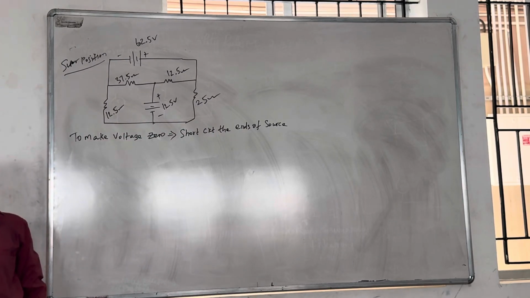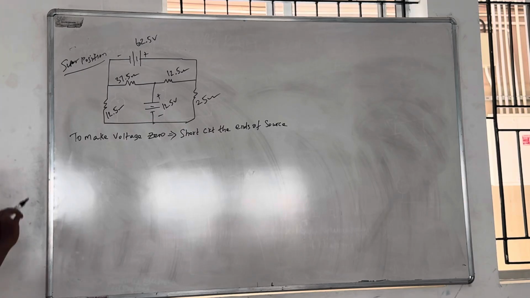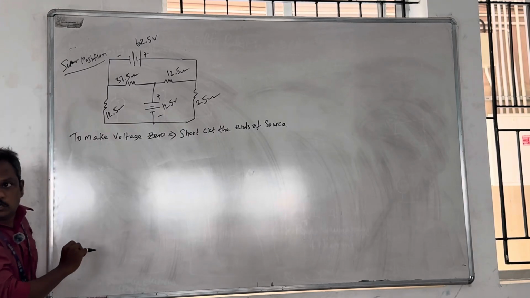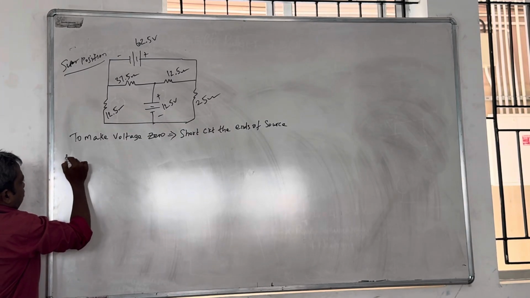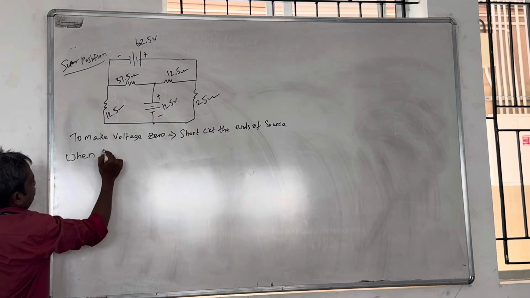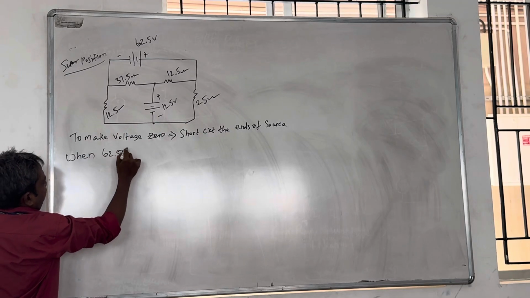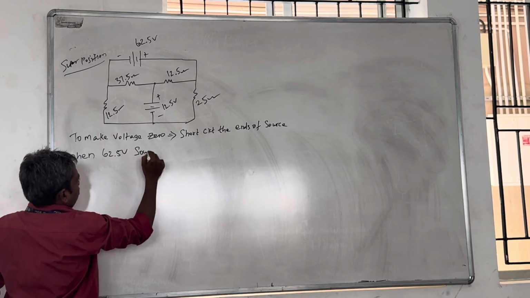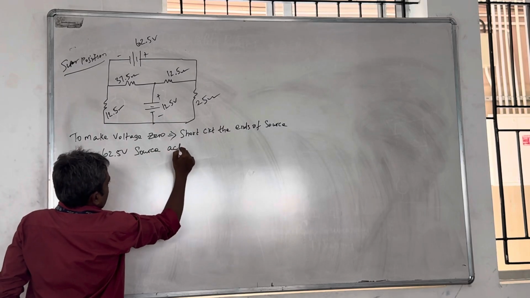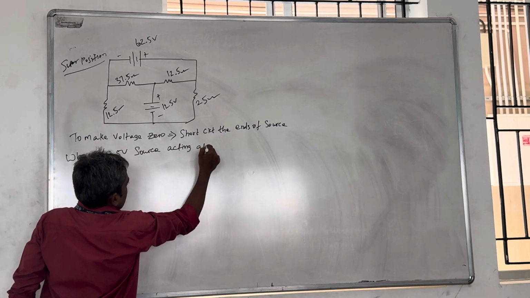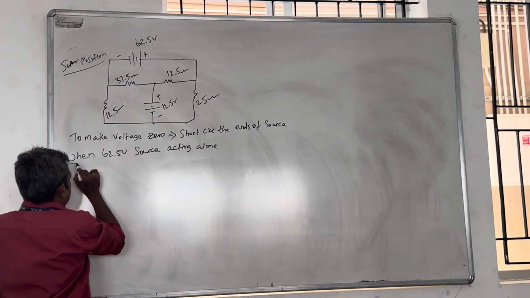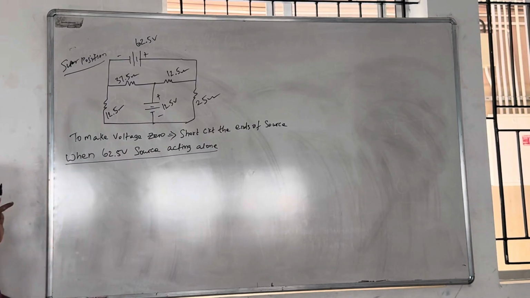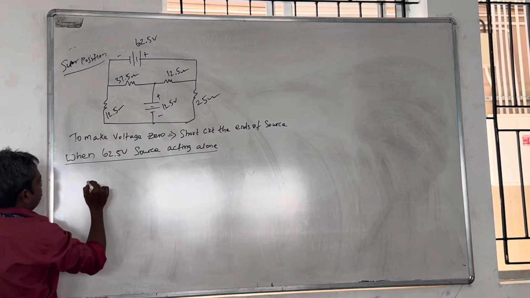You have to consider one source at one time. Now I am considering only the 62.5 volt source. When the 62.5 volt source is acting alone, what is the meaning of this? I am considering the 62.5 volt source only now for time being. Okay. Then the circuit becomes